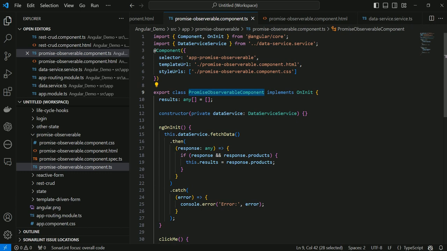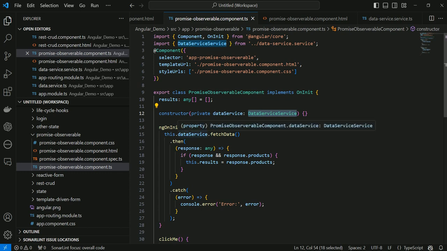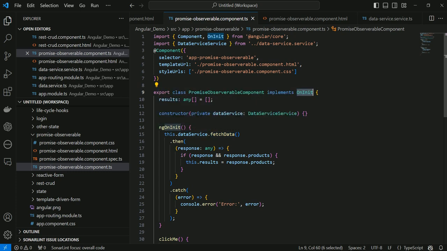Here we have a constructor where we inject that data service, and then, as part of the component load, ngOnInit, an Angular lifecycle method, is invoked. It automatically calls this data service fetch method,